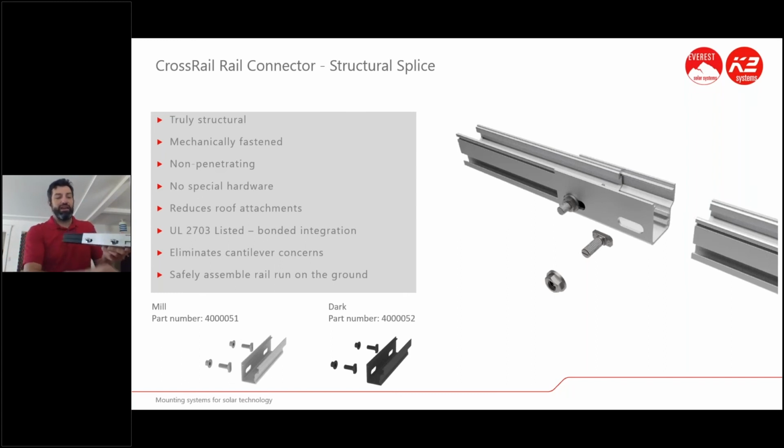Tighten that down, and it is a truly structural splice, meaning that there are no rules of having it back one or two mounts from the cantilever. You can install this splice almost anywhere. So, granted, you can technically cantilever it out if you really need to, but if you're obviously in snow country where there's a lot of snow load, you're not going to want to cantilever that out. But if you're in California, Arizona,